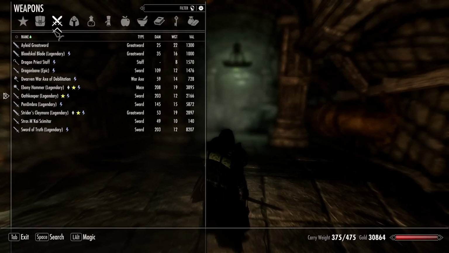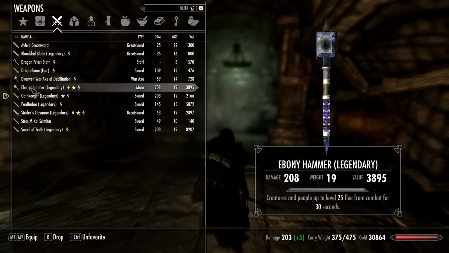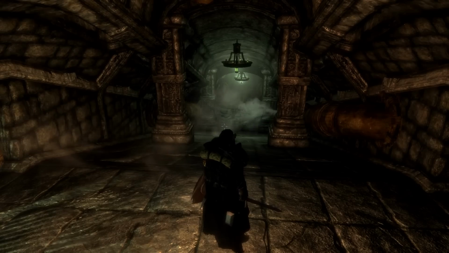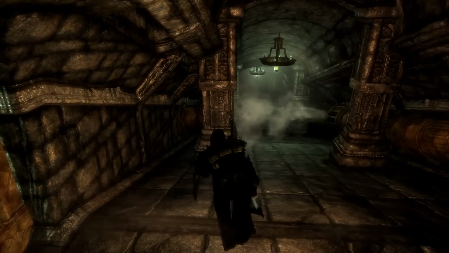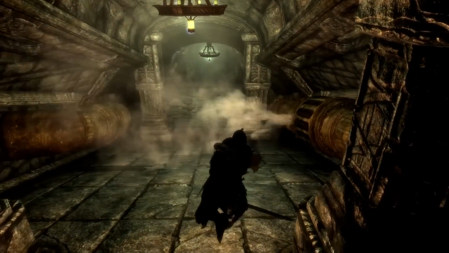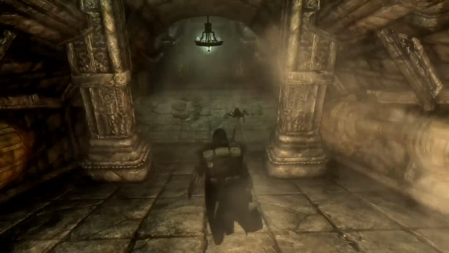And the irony of it is that our lockpick actually has higher base damage than our sword. However, our sword still does more damage because of some of the perks we've taken, the bladesman perks and stuff that give us some buffs towards